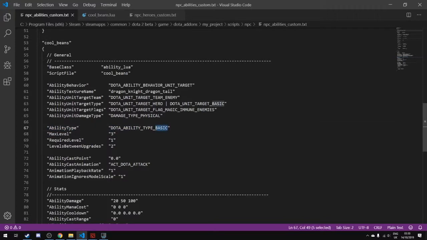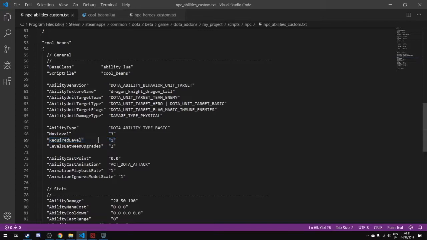There's also ultimate, so if you change this to ultimate, it will put it in the ultimate slot, or the ultimate key, which in my case is R. You need to do that for the R ability, but there's some weird stuff that can happen, so if you don't have to use the ultimate slot, you should just have basic. So with max level being number 3,